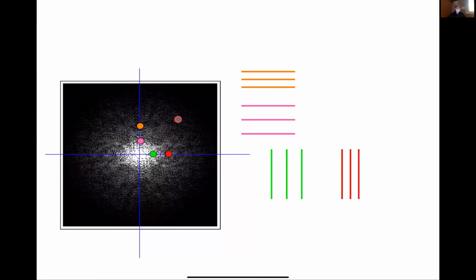And remember, if we're along the Kx axis, these correspond to spatial components that go left to right, or vary along the x direction. If we're along the Ky axis, that corresponds to spatial components that vary up and down, along the y-axis. And if we're off at a diagonal, then those correspond to diagonal variations,